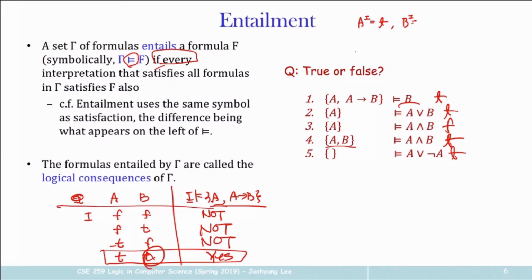Or you can think about it the other way. The definition is saying that gamma entails F. But what about the case where gamma does not entail F? When is the case that gamma does not entail F? That's a complementary definition, right? When can you say gamma does not entail F? Let's actually think about that. So gamma does not entail F if there is